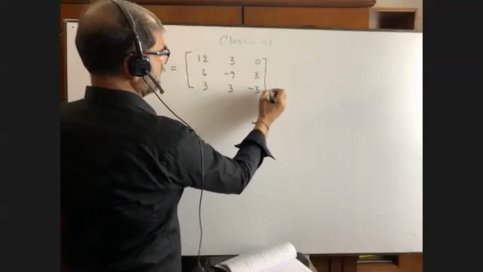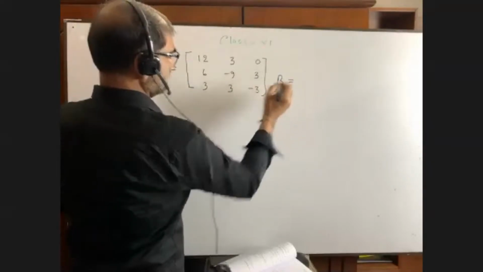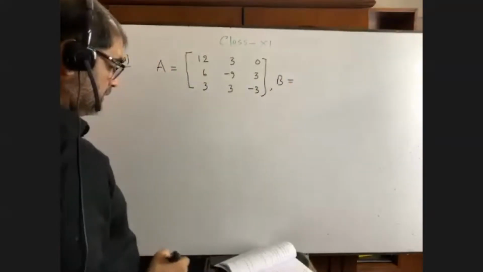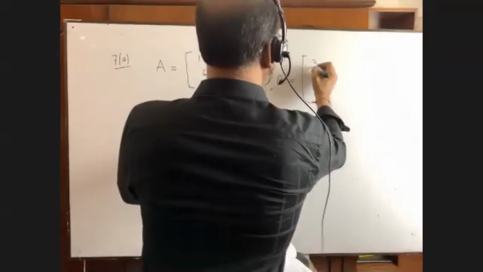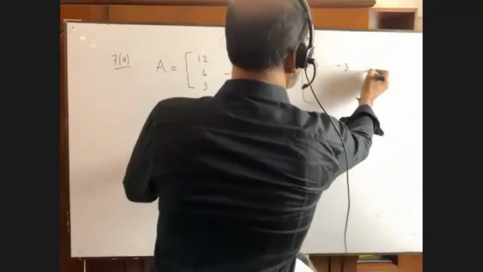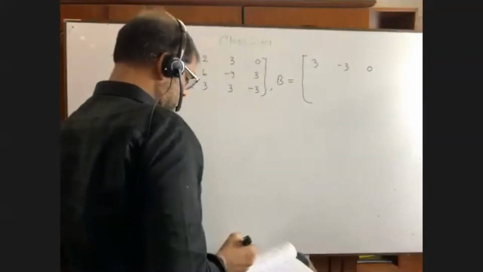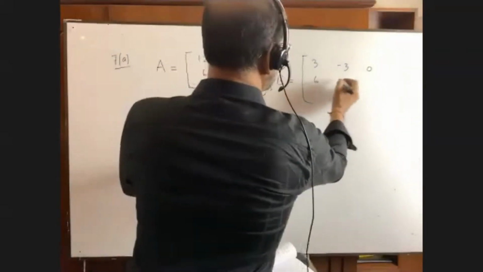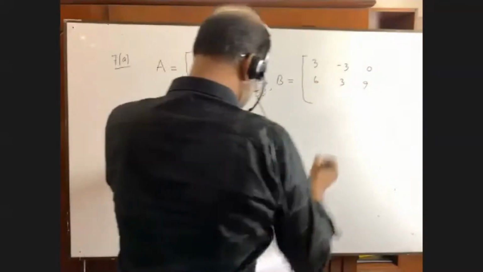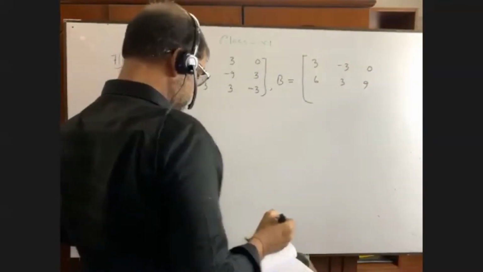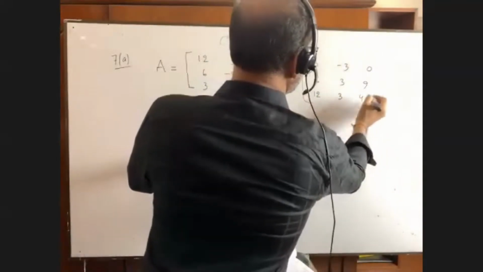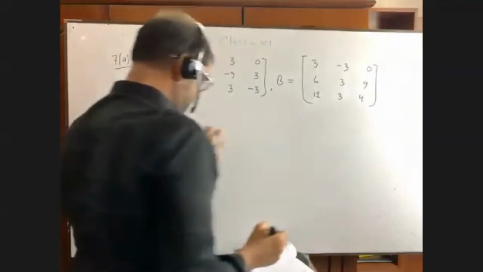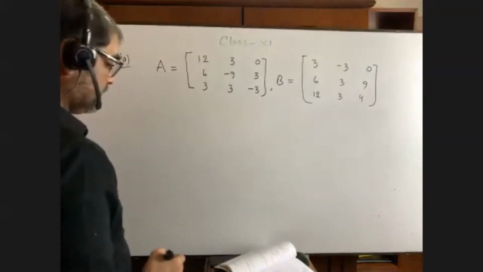This is A. And B is given as 3 minus 3 0, then 6 3 9, then 1 2 3 4. It is B. We have to show that,